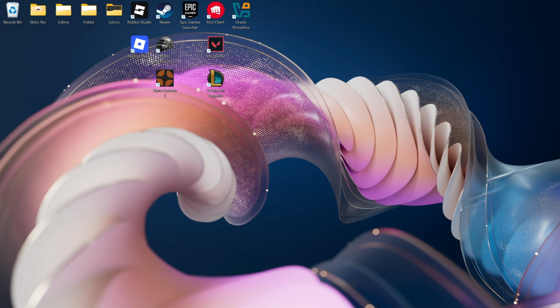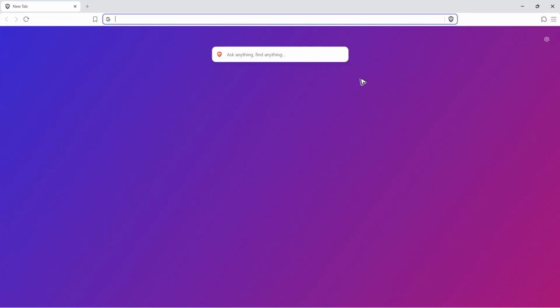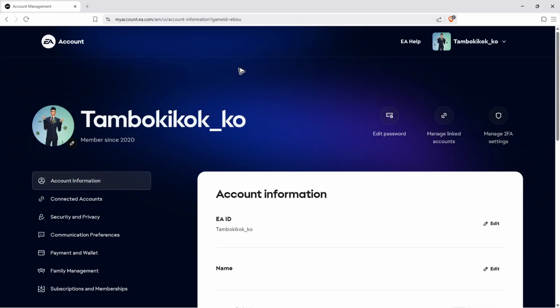Okay, so the first method is by going to a web browser. It could be on your mobile device or computer or even your console if you do have a browser available. Okay, so once you're in here, just go over to myaccount.ea.com. Alright, again, myaccount.ea.com. Hit enter. Wait for it to load, and once it loads, if it prompts you to log in,